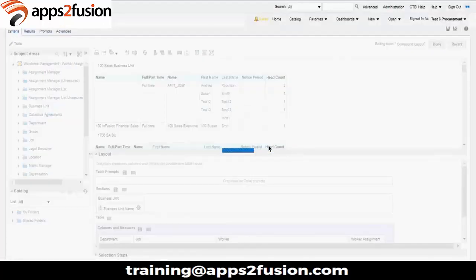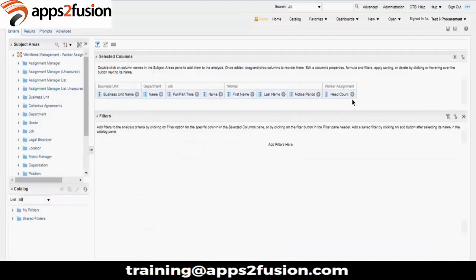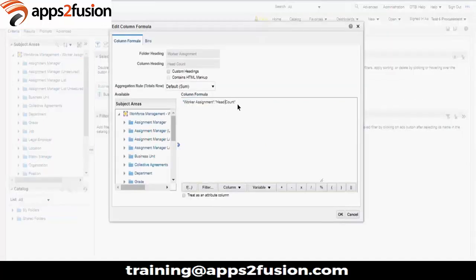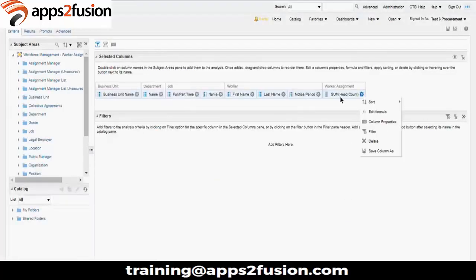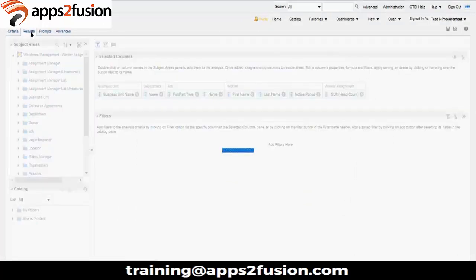We can also apply aggregation rules over here. So we can come to the edit formula and we can put up the aggregation. So when we go to the results,